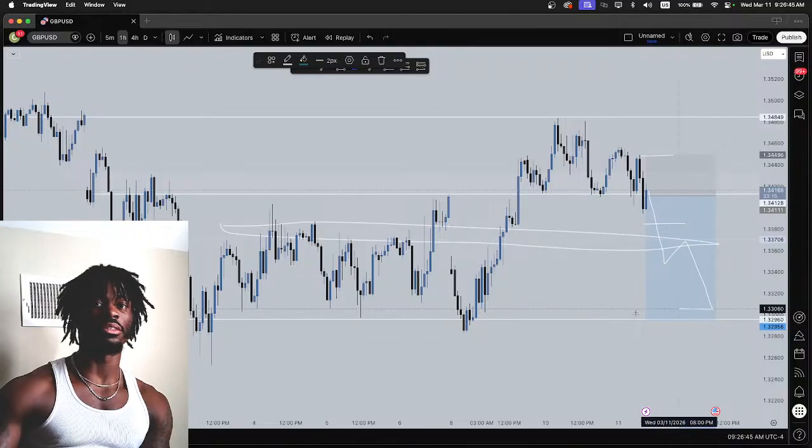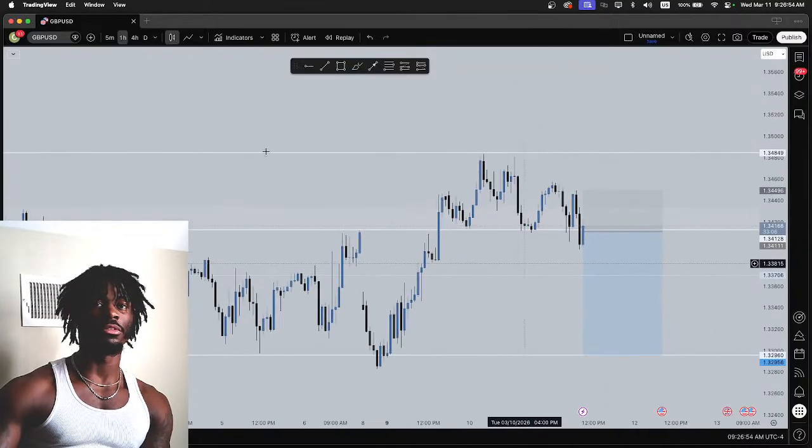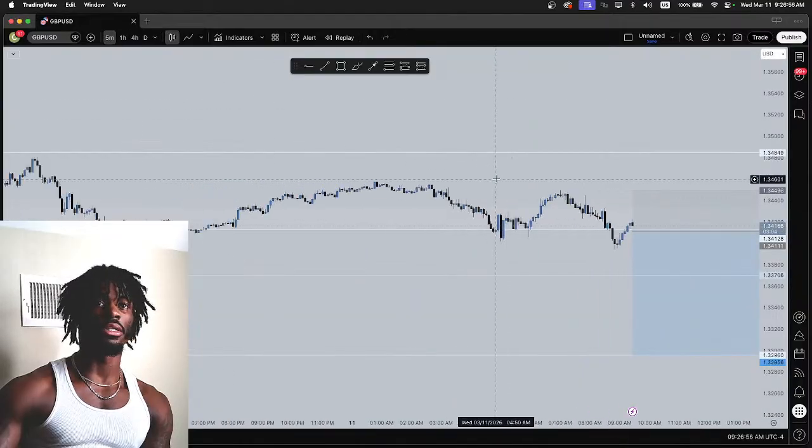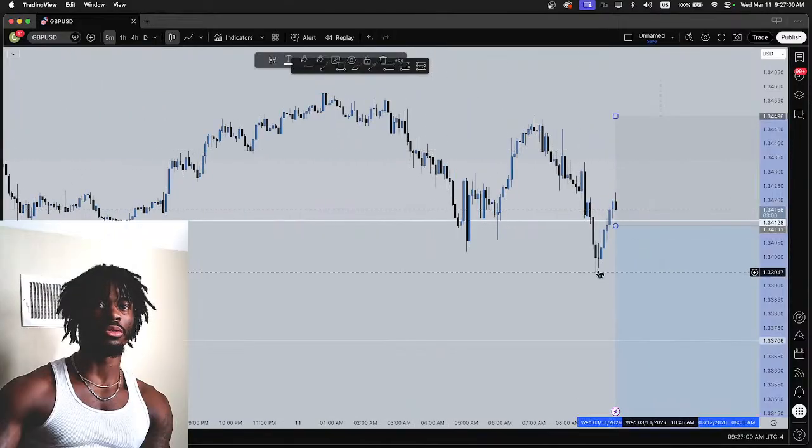So by the time price gets here, whatever that R multiple is that I gained is what I gained. I don't like to just focus on just one specific position. That same thing applied to the, oh, I erased my chart, so those twos aren't up here no more. But the sells that I took